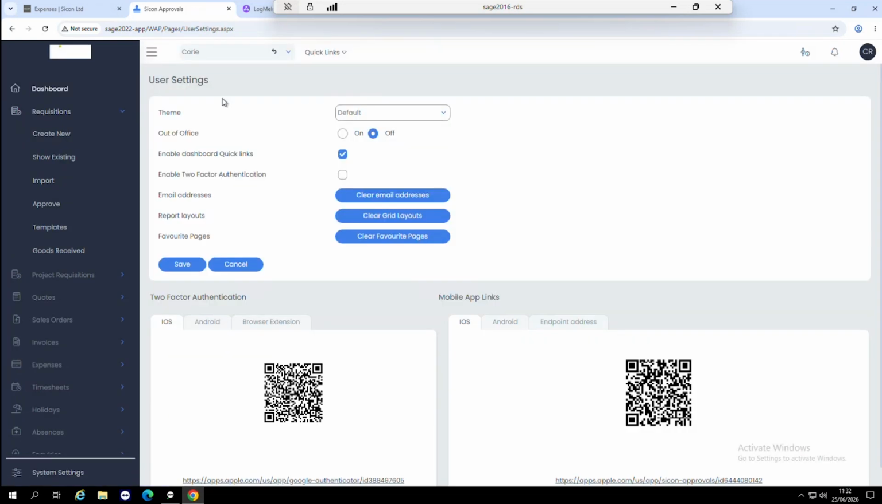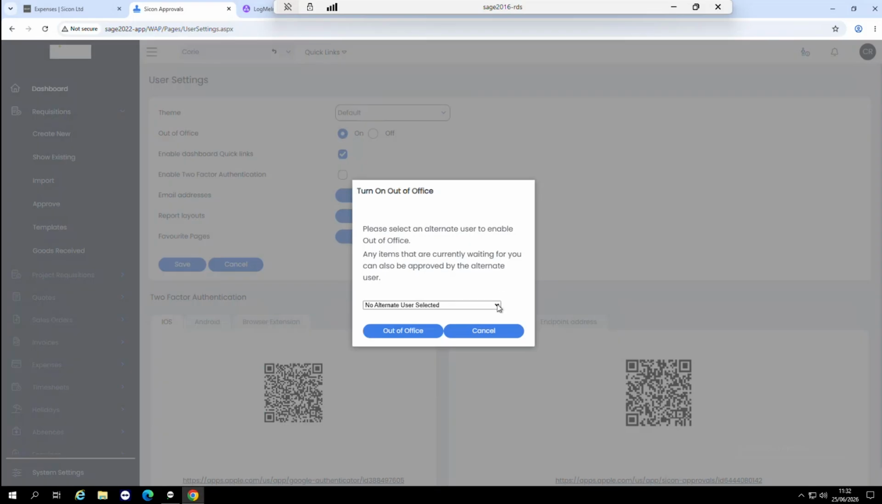Now, if Corey goes on holiday or he goes on sick leave, then either he or an administrator user, as they're called, can step onto his account. If he's forgotten or he's not in a position to turn his out of office on, he or they can then pick from a predetermined list of alternative approvers that can carry out his work whilst he's not there. So instead of those claims mounting up in his approval inbox,